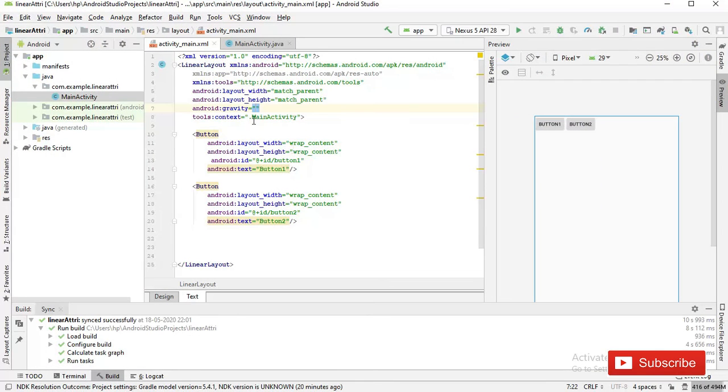So you see there are two buttons and the size of the buttons is the same.